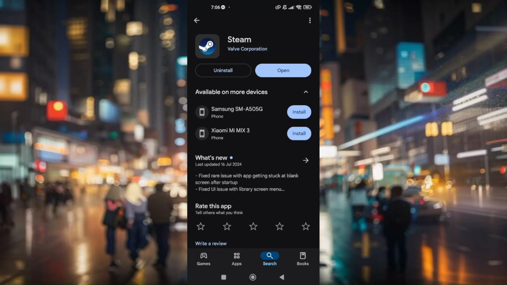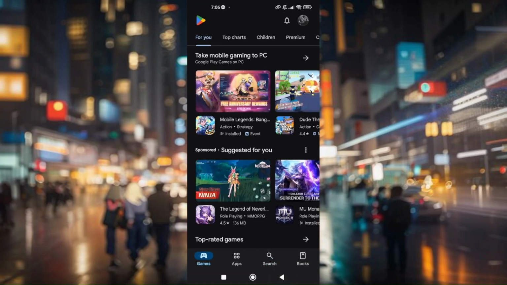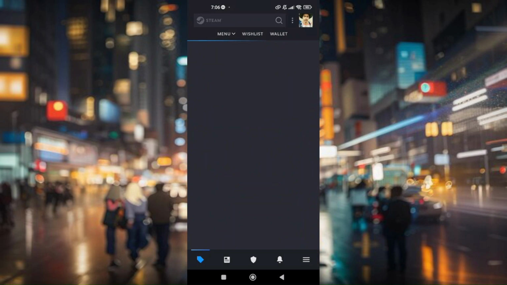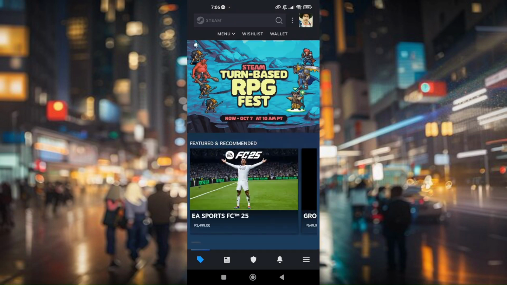This one right here. If you already downloaded Steam on your phone, you'll have to make sure that it is updated to the latest version. Now, once you have downloaded the app, it could take a while, maybe 2 to 3 minutes, depending on your internet speed. Just pull up the Steam app, and right here, you'll have to make sure that you're using one